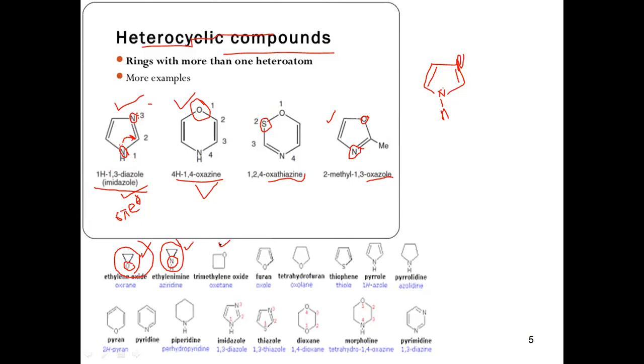Okay, it is not aromatic, but it is a heterocyclic because it contains carbon and oxygen as a heteroatom. Okay, next is the furan. We already discussed. Then tetrahydrofuran. Tetrahydrofuran means reduction of the furan. It will be converted into the tetrahydro. Okay, means addition of hydrogen on this double bond, and then the double bond is converted into the alkane, means a single